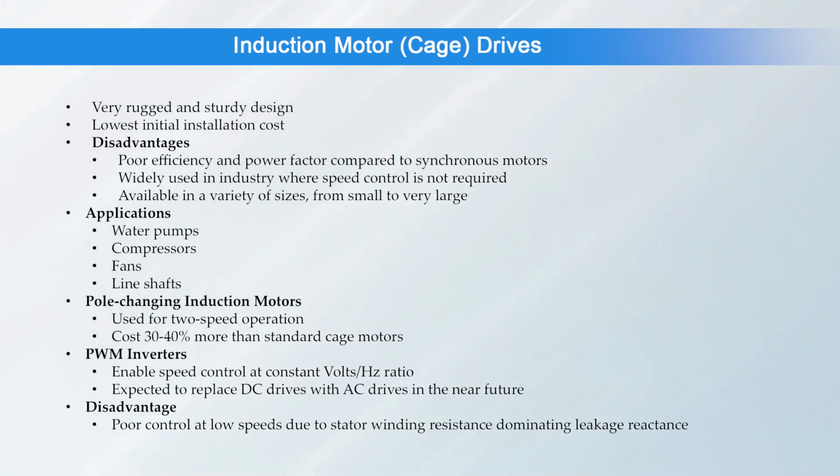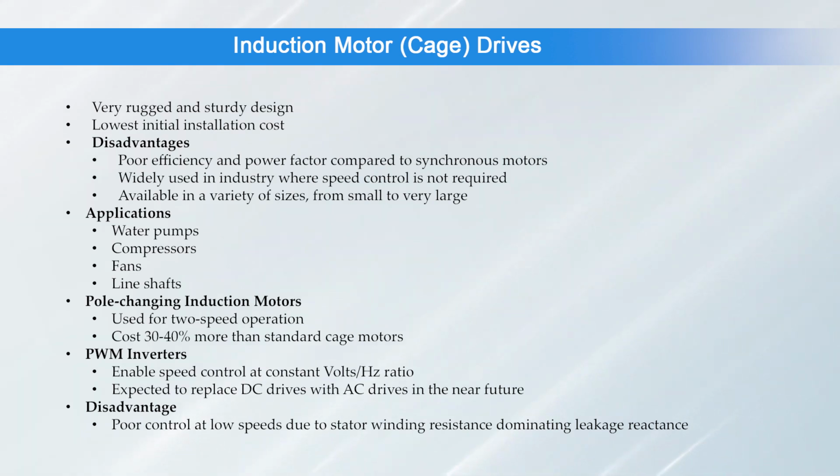A cage induction motor is very rugged and sturdy. It has the lowest initial cost per installation, but efficiency and power factor are poor as compared to synchronous motor. In industry, cage induction motors have maximum applications and are used wherever speed control is not required. They are constructed in various sizes ranging from small to very large. Therefore, they have a very wide range of applications in industry such as water pumps, compressors, fans and line shafts